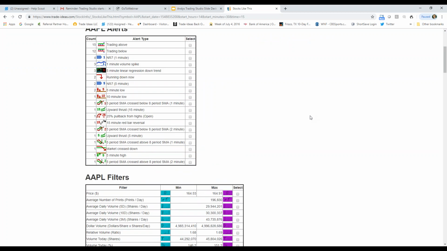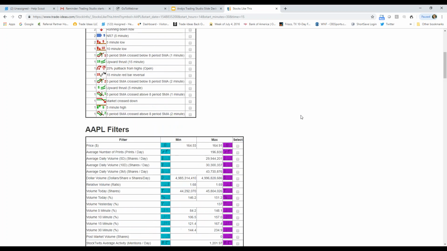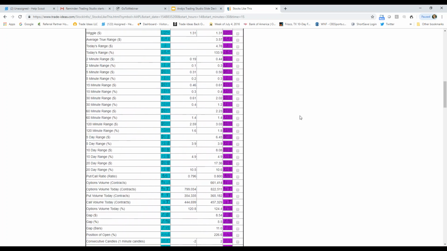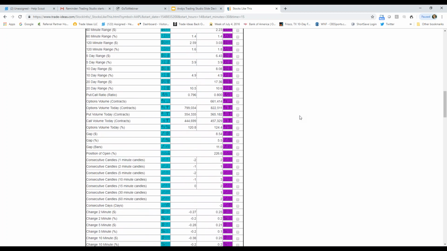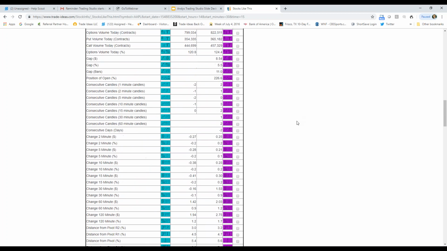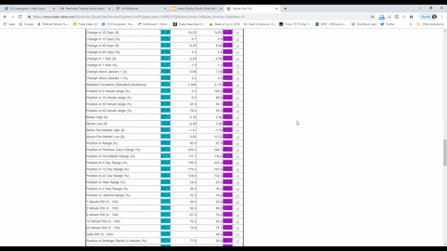And I am not interested in anything except things that will help me build a scanner. Okay, I don't care about 10 periods, all these alerts here mean nothing to me, but I do want to see where it is in its position and range, because if I have positions in range, I can kind of build a scanner that will help me find stocks similar to the Apple when it occurs. All right, so I went down here,